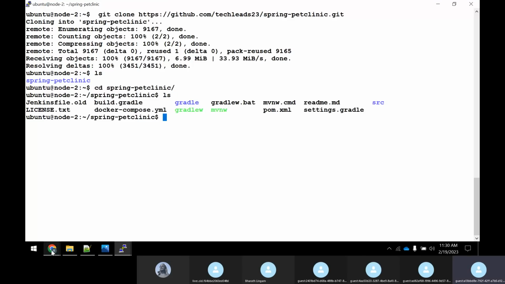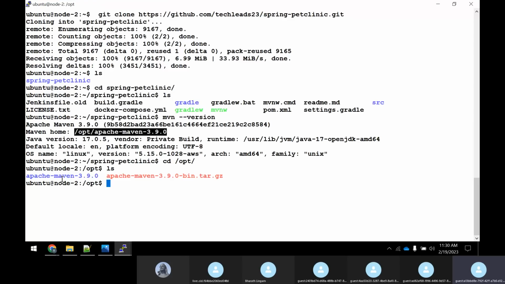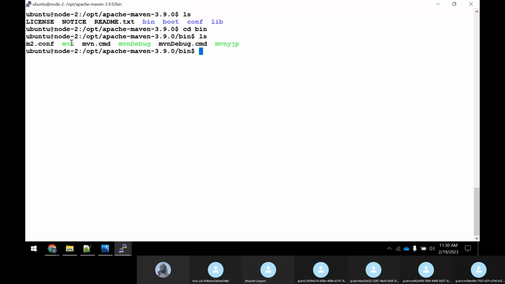And in the same node 2, as I said, you have configured Maven also. So if you execute mvn -version, you can see that Maven 3.9 is installed. It means that the whole Maven code is there under /opt. Under that you can see Apache Maven. Earlier we used to have Apache Maven 3.8.7, right? Now 3.8.7 is gone. Now it is 3.9 because it's the latest version. Under the bin directory, you know that you have the mvn command. So come out here,